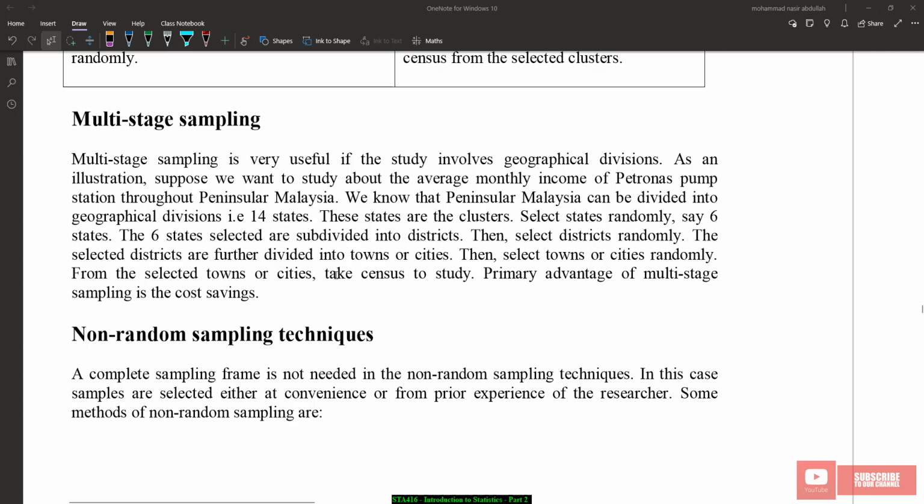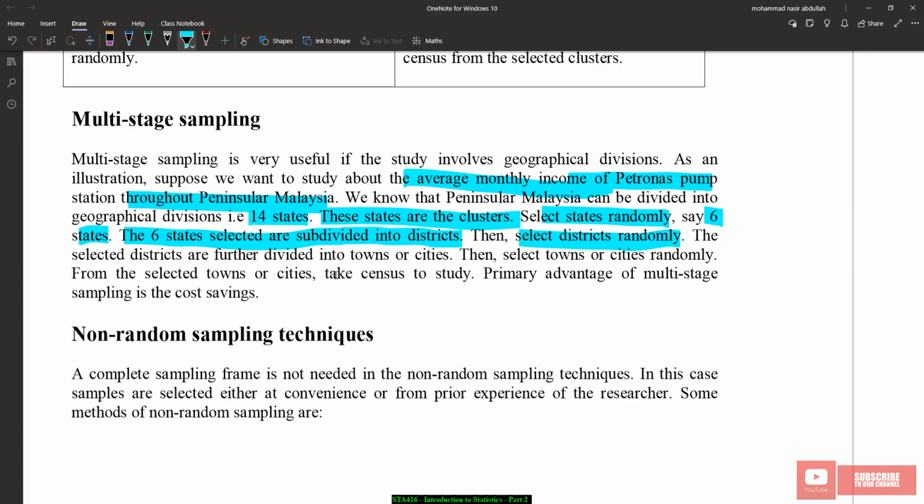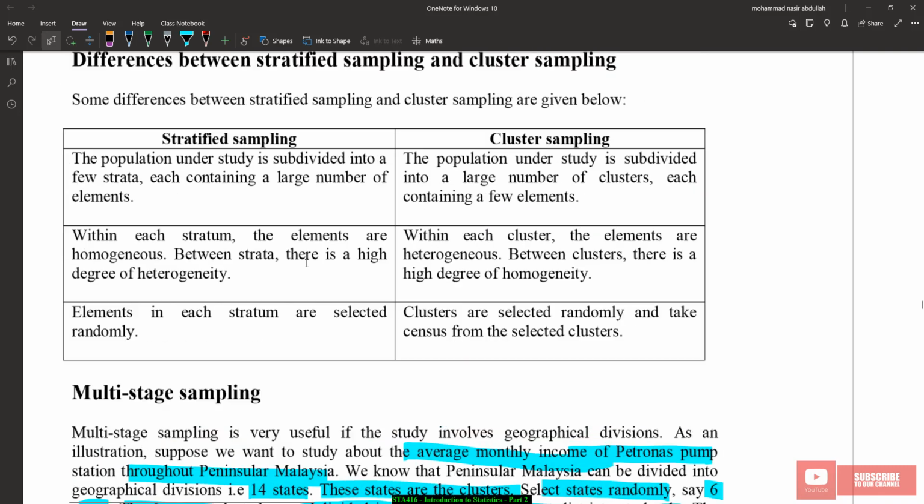As illustration, suppose that we want to study about the average monthly income at Petronas pump station throughout Peninsular Malaysia. We know that Peninsular Malaysia can be divided into geographical division into 14 states. These states are cluster. Select the state randomly selected, and then let's say 6 states kita select. The 6 states selected are subdivided into district. Then the district randomly selected. And then we select district further divide into town or cities and so on lah, until we will do a